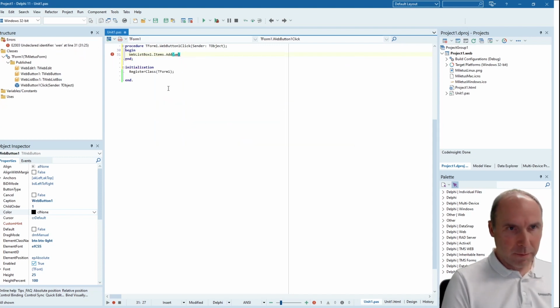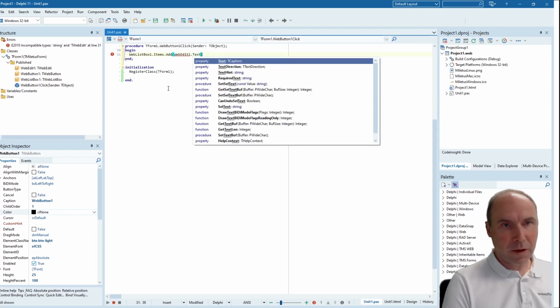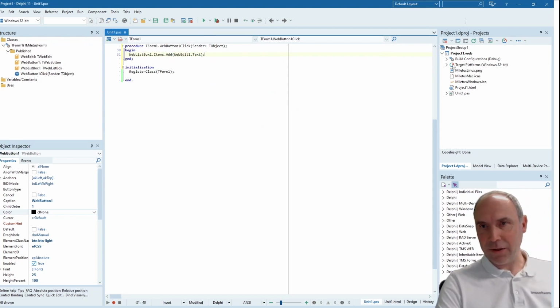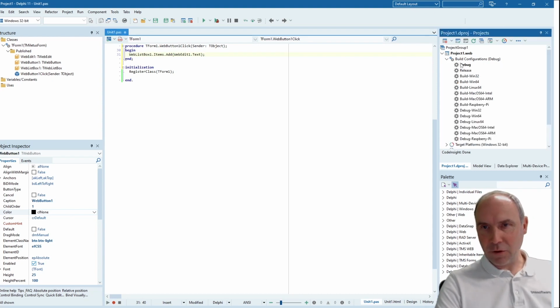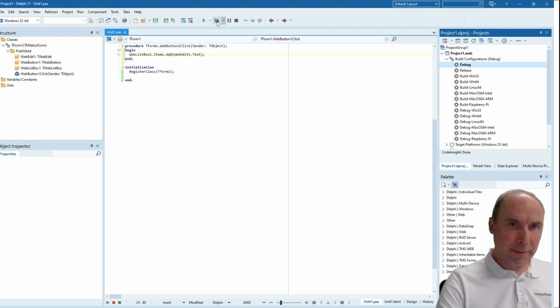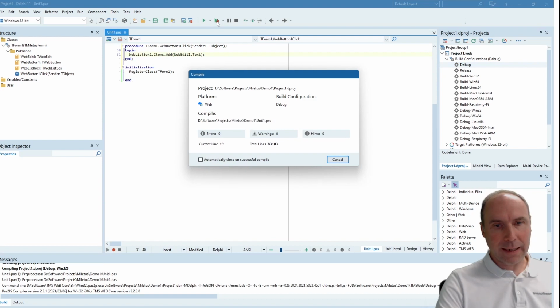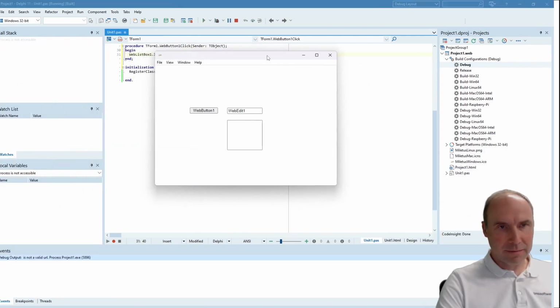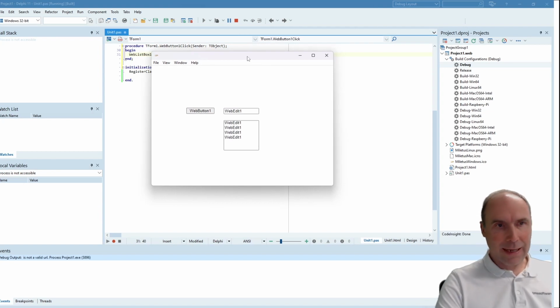The typical example that we have done many times in VCL and FireMonkey, we repeat it here for Miletus. Standard, this is configured in debug mode, and this will generate a Windows application. So let's compile and run this application. And here we are. This is the application that we expected, and if we click the button, items are added